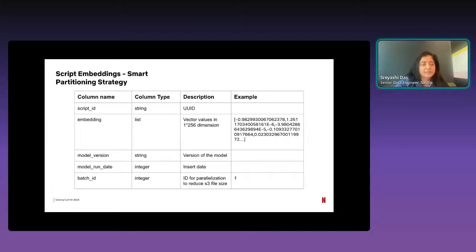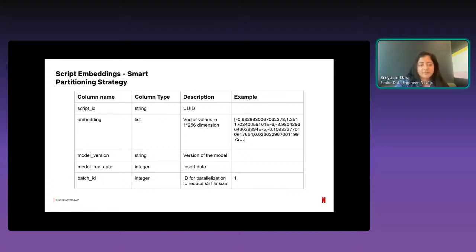So this is one of the data models we built, where you have the script, it has an ID and the embedding. But this embedding is pretty large, and if you're using Trino to query the table, it takes a very long time. It goes out of memory. So in that case, data modeling paradigms play a very critical role. Once you land the data and have the embeddings, how will you make sure other researchers can query the data efficiently? That's where the partitioning strategy comes in, and you can have an abstract batch ID there